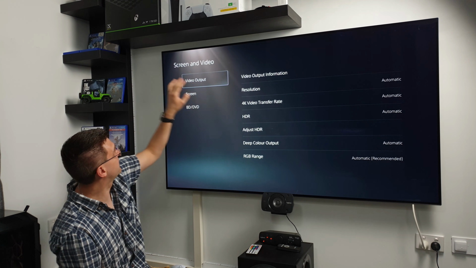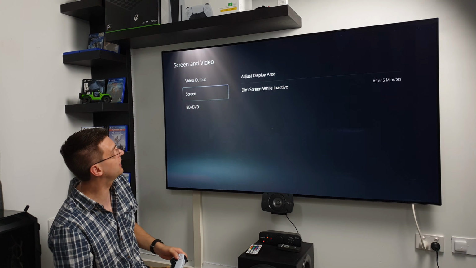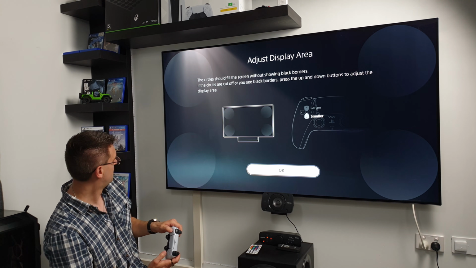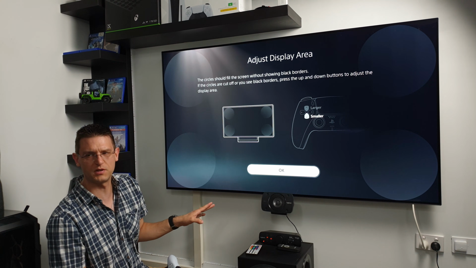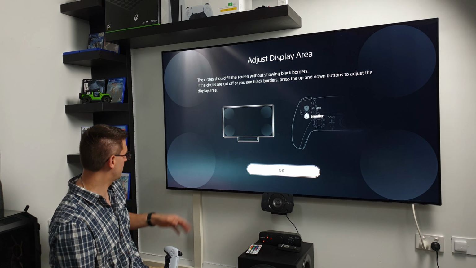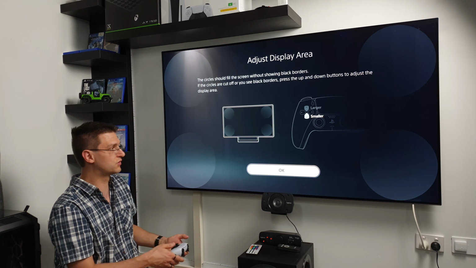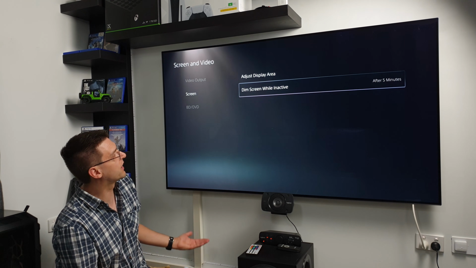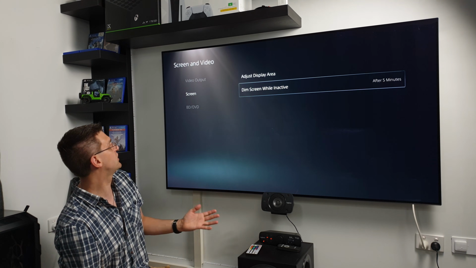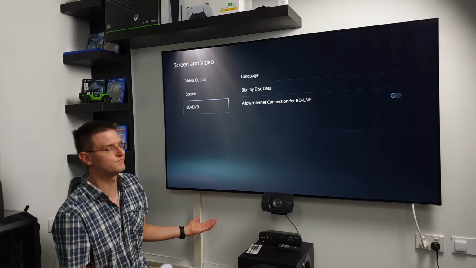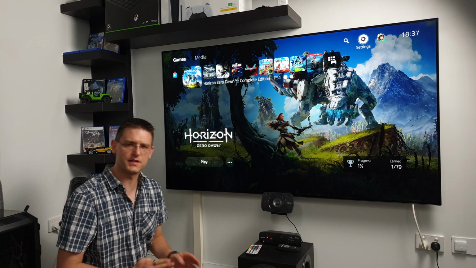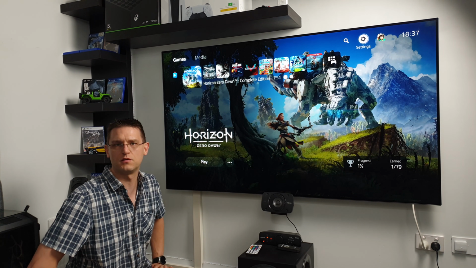So we finished all the settings from the video output. We just have a screen left where you can adjust your display area. I haven't seen these options, to be honest, on the Xbox Series X, or did I miss it? Maybe, I don't know. But anyway, just change it to your screen. That's it. And I choose dim screen while inactive after 5 minutes because of HDR. So Blu-ray, DVD, it's not interesting for me. I think we covered all the settings from the consoles, and now we're moving on to the settings on my